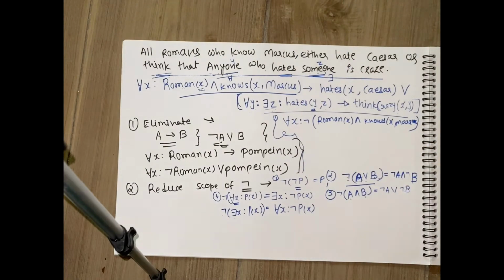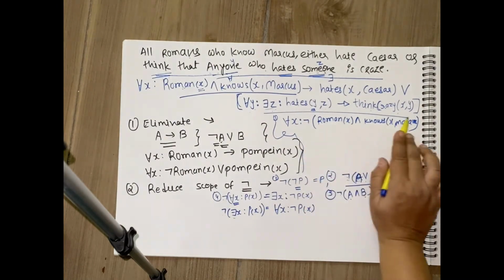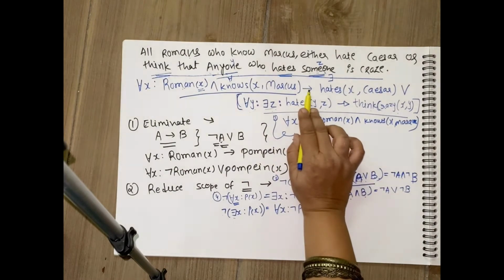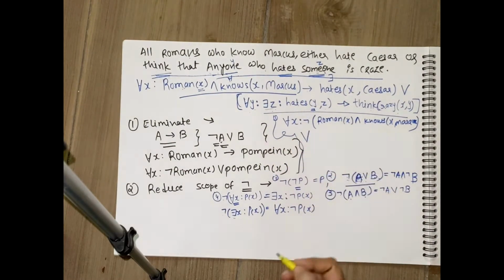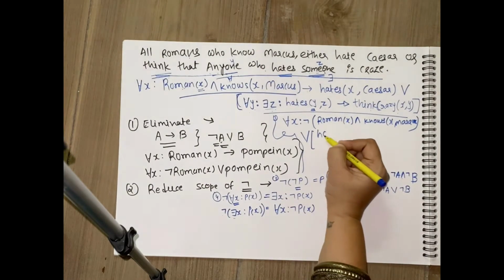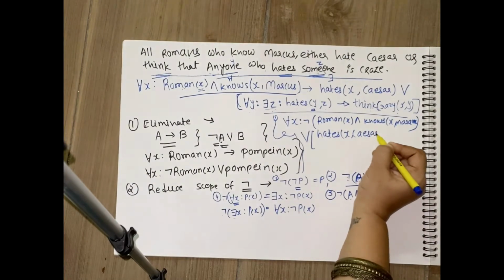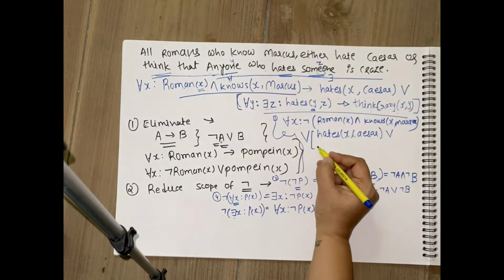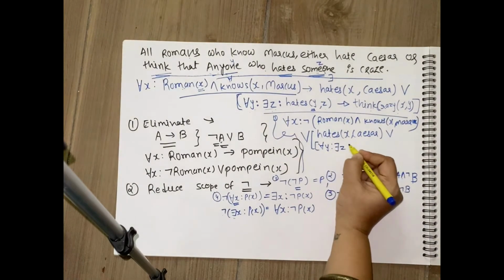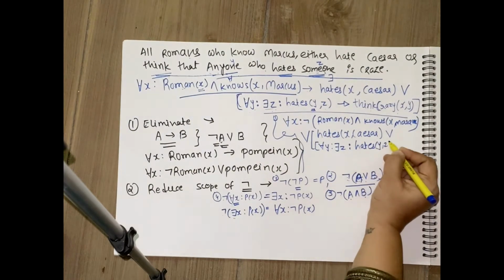Okay, so that is what I have done. I have negated. See, negation is not applied to the base term. That is step 2. I have just taken the entire term as the first left hand side and negated it. Now implication should be converted to or. Then the entire right hand side will be written as it is in the bracket. So hates x comma Caesar, or again for all y there exists z such that hates y comma z.